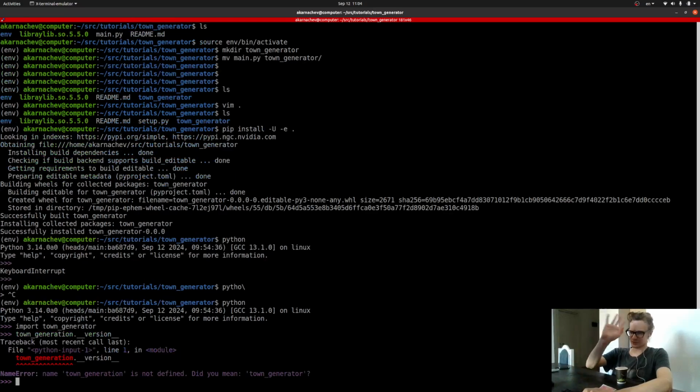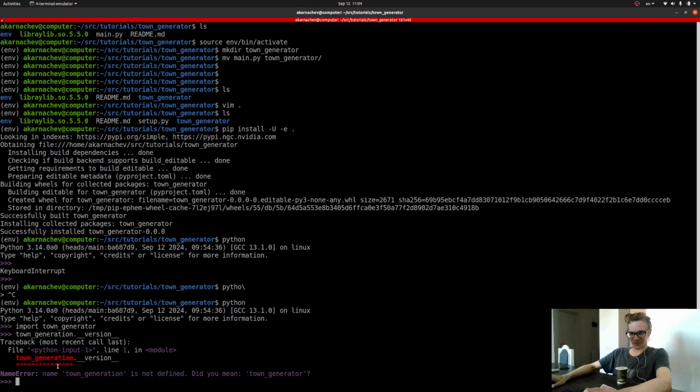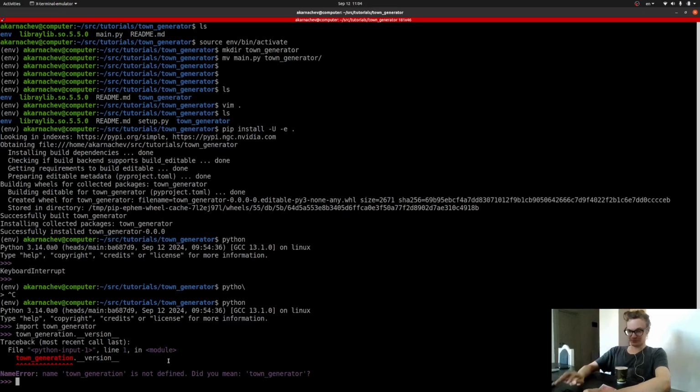I don't have. By the way, check these nice looking trace logs. I don't know why you need this strange purple color, but it looks much better than in previous Python versions. Anyway,